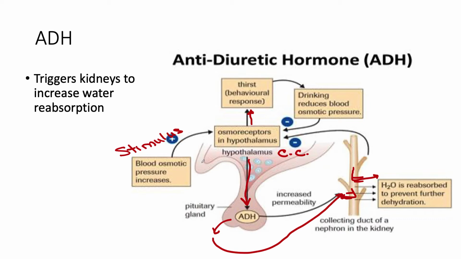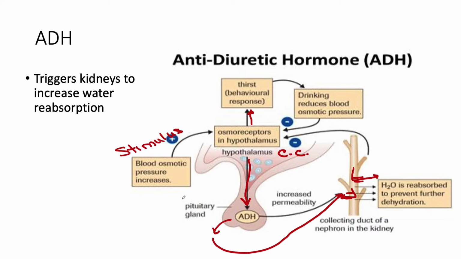And ADH gets produced usually late at night when you're sleeping and you haven't had anything to drink for a while, and it allows us to concentrate our urine, which is why in the morning you will see that your urine is usually darker in color and there's less volume to it. Again, because we're not drinking usually all night long, we need to sort of conserve that water